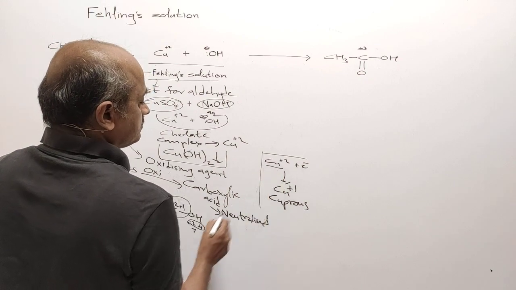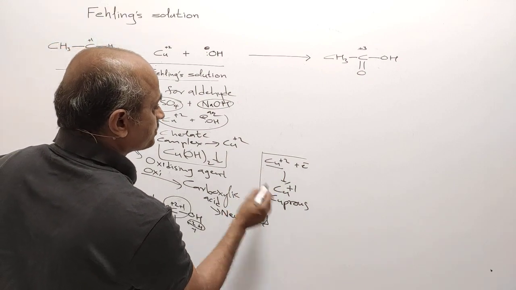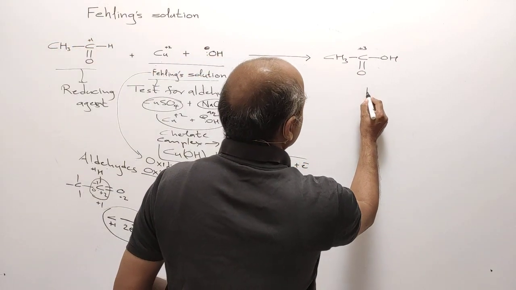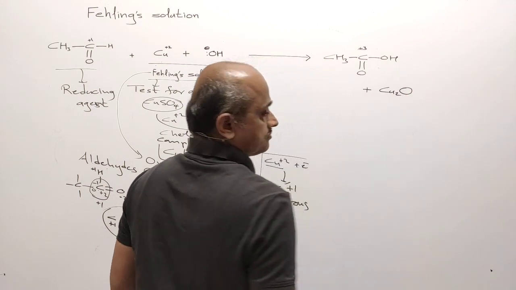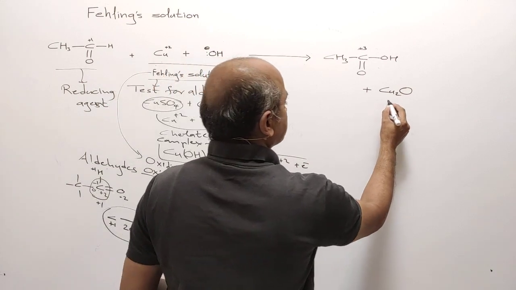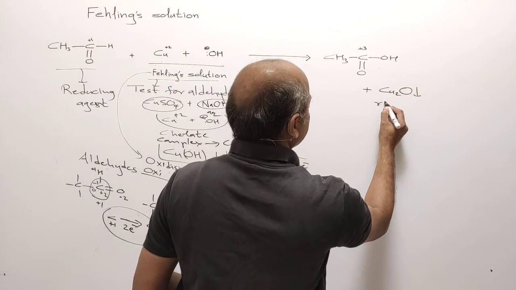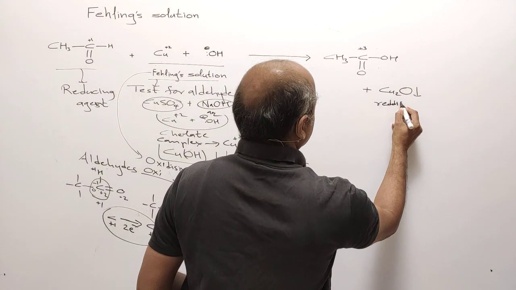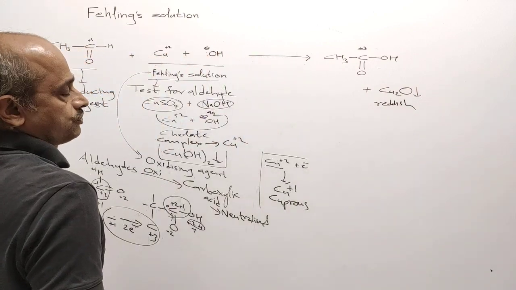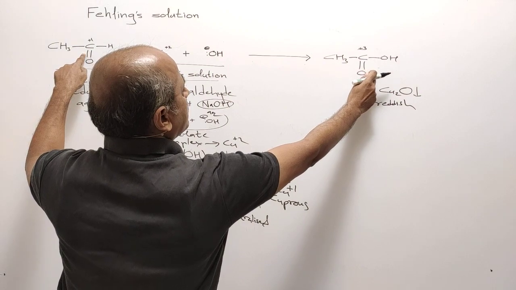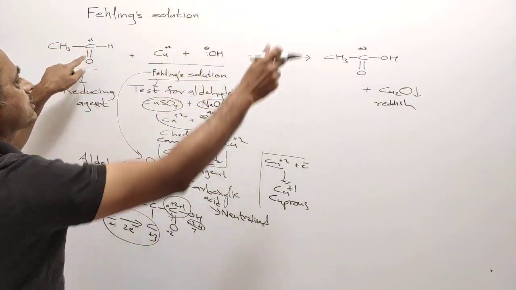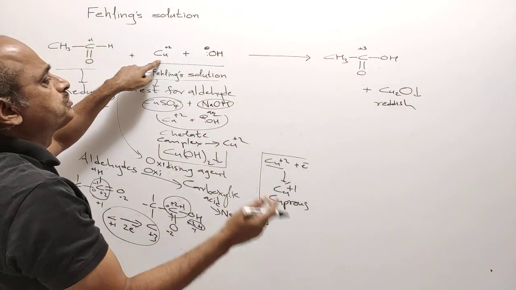So cupric gets reduced to cuprous and it will form cuprous oxide, a reddish precipitate. It forms a reddish precipitate of cuprous oxide. Now since 1 mole of aldehyde makes available 2 moles of electrons, +1 changing to +3,